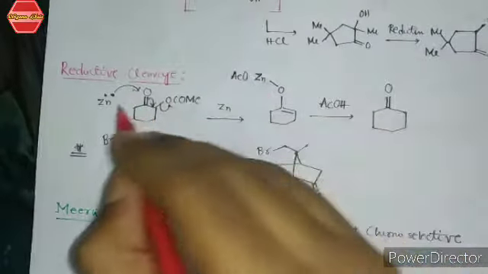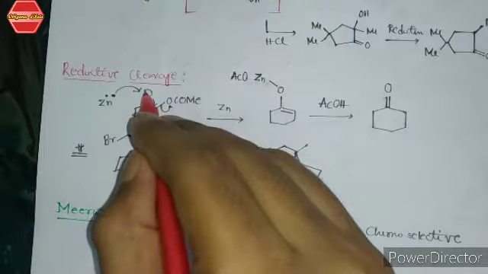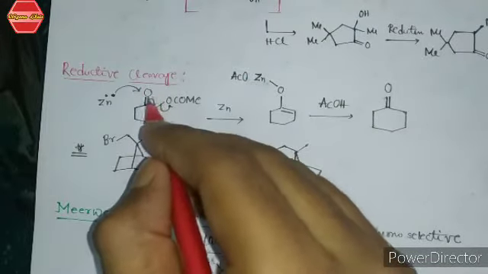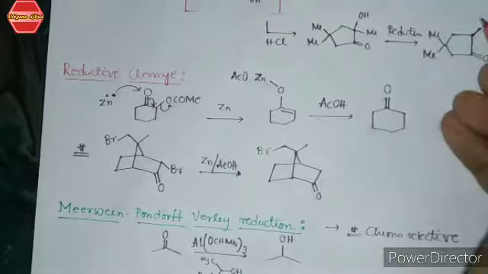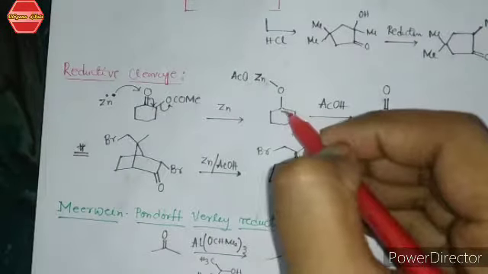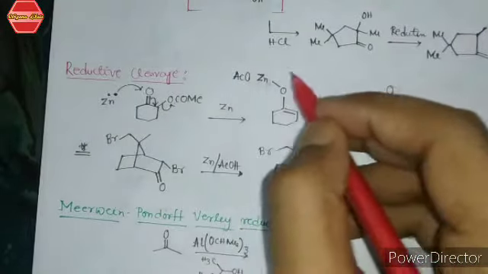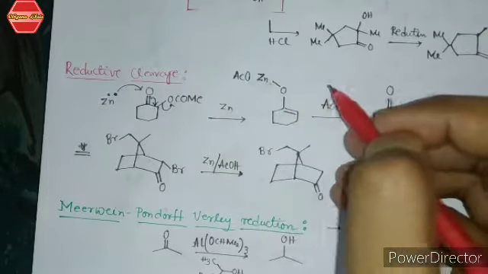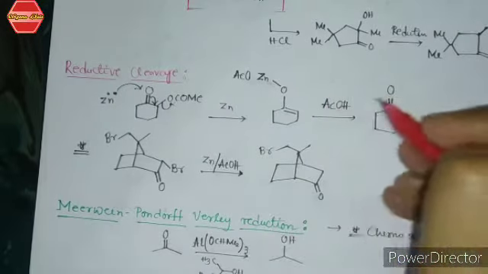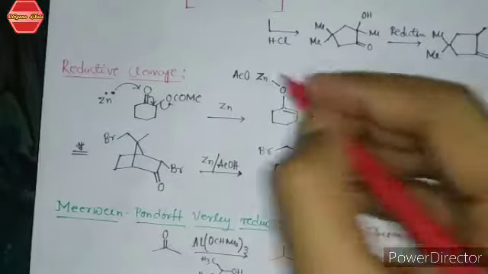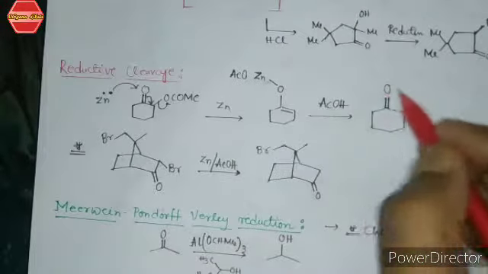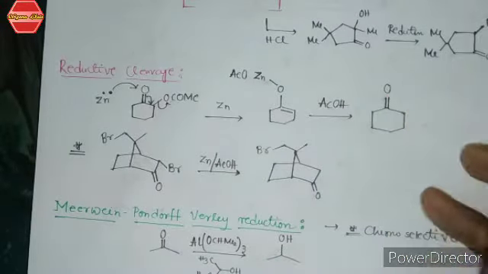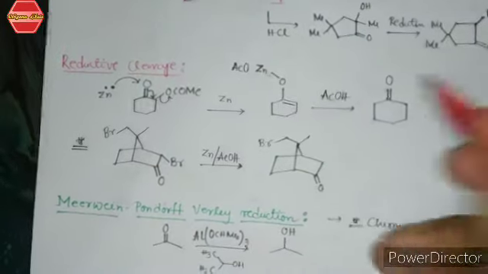Now how is this formed? Now this electron takes bonds with the oxygen, and these bonds go over here, and this will remove from the system. So there is a kind of enolate formation here. This is your enolate formation, and these enolates are cleaved by this acetic acid. Now these bonds are cleaved, and this is finally tautomerized to your final ketone product. So this is how this product is formed.